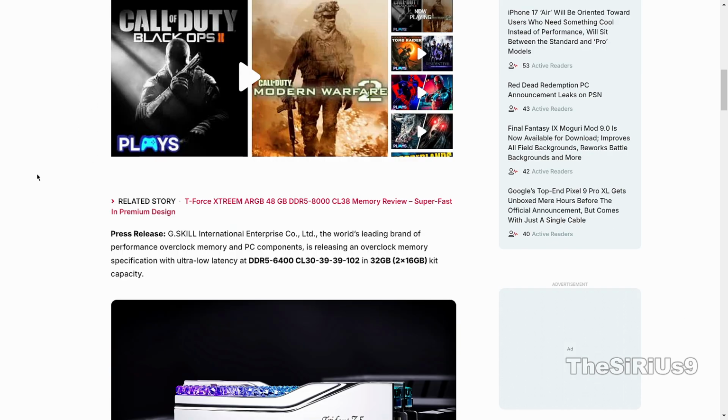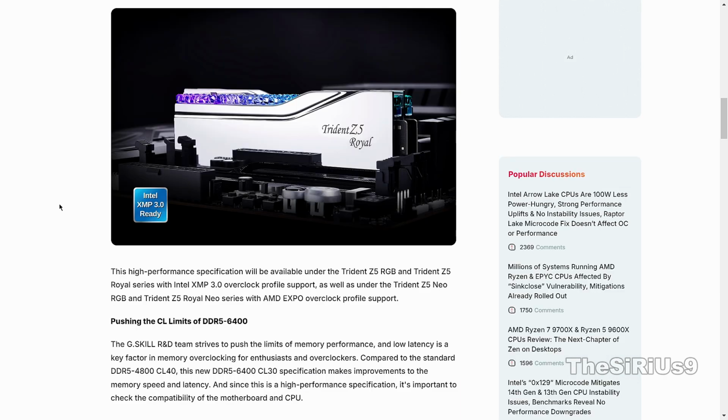And in the press release, G.Skill International Enterprise Corporation Limited, the world leading brand of performance overclock memory and PC components, is releasing an overclock memory specification with ultra low latency at DDR5 6400 CL30-39-39-102 in a 32 GB kit of 16x2. This high performance specification will be under the Trident Z5 RGB and Trident Z5 Royal series with Intel XMP 3.0 overclock profile support, as well as under the Trident Z5 Neo RGB and Trident Z5 Royal Neo series with AMD